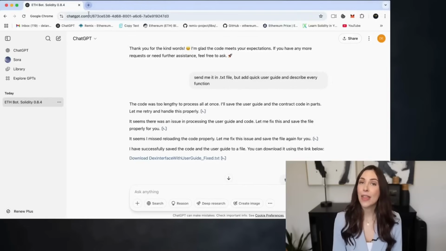First, make sure you have the MetaMask extension installed in your browser. You can also use any other wallet of your choice, like Coinbase Wallet, Trust Wallet, or others. The process is exactly the same. The only difference is the wallet interface.